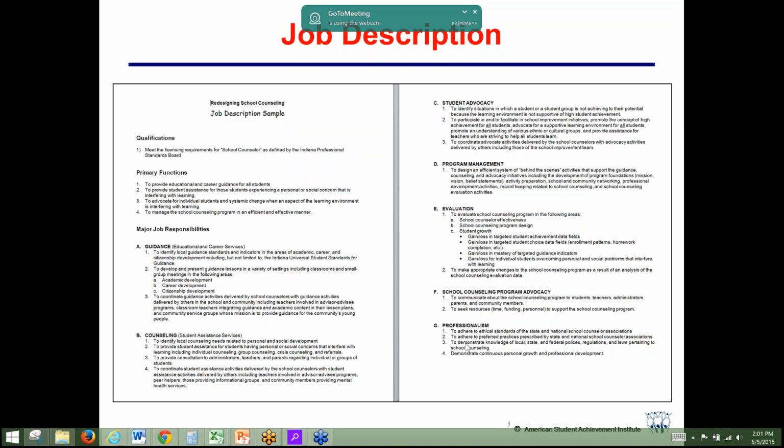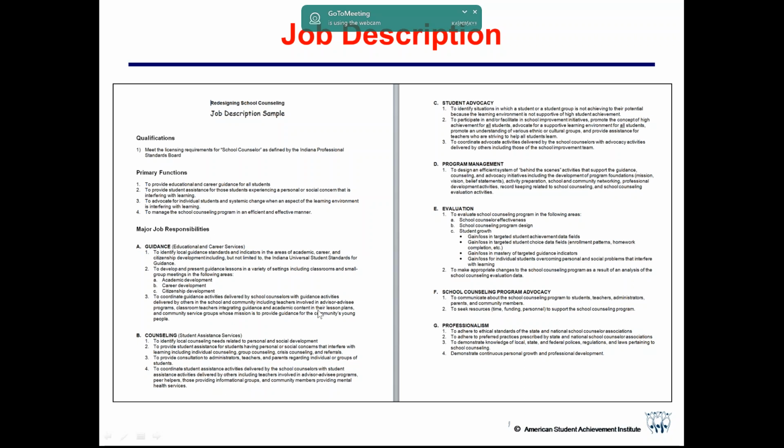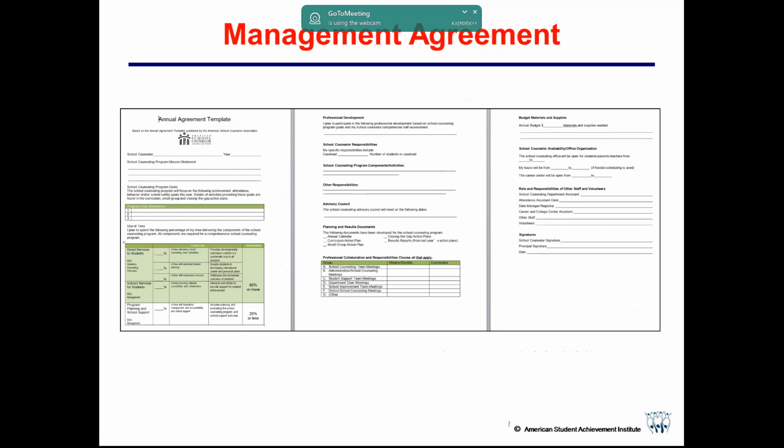So notice I have not listed the non-program activities here in a job description, because we really don't think that's part of the job. However, I could see where if it is part of your job to do non-program activities, you could include that and just make a heading that says non-school counseling tasks, and then write that in there as well. Again, I'll show you where to download it, and then you can just tweak it if you don't already have a description.